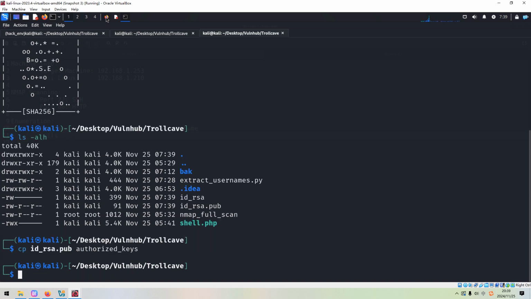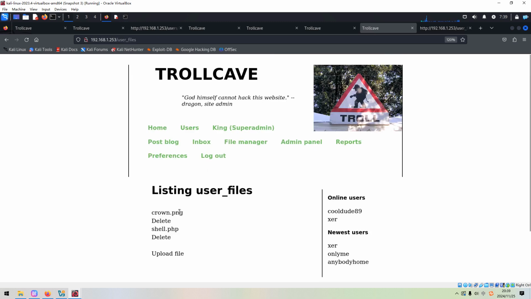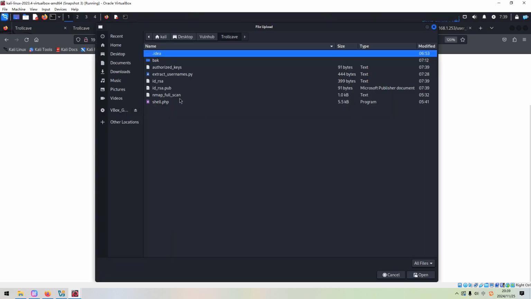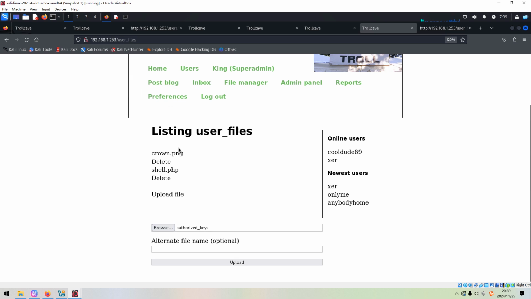So next we can use the file manager to upload this authorized key. However, we need to change the path, because we want to save the authorized keys to the home directory of the user Rails. Okay, and then we can upload.